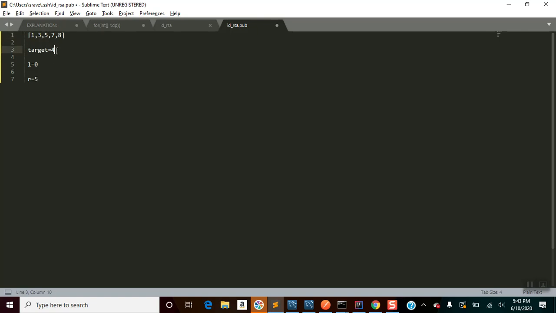In another case, if the target is 6, we will check whether the target is greater than this value. Yes, it is greater, then we will assign left equals to middle. But before that, we check whether the target is less than middle plus 1 or not. If it is lesser, then return middle plus 1. That's it, that's the logic.